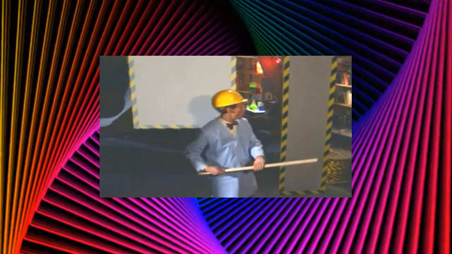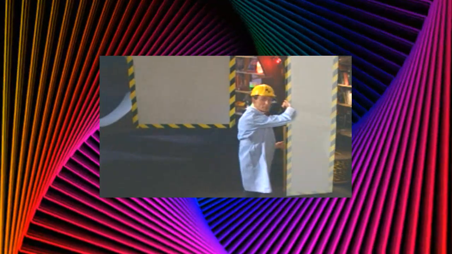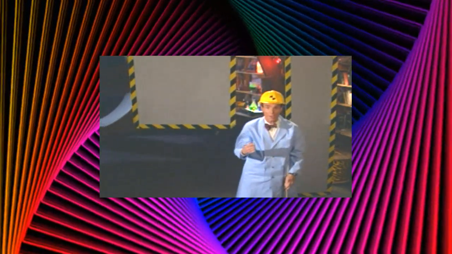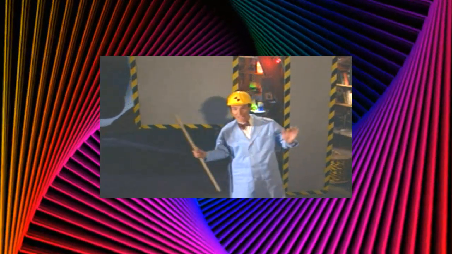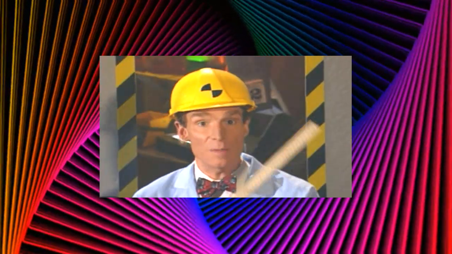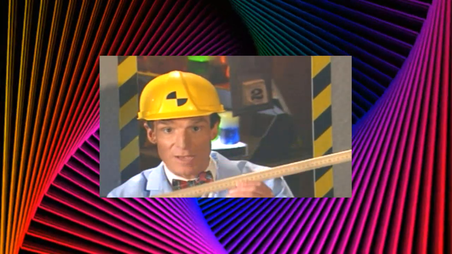Now this board isn't as wide. It's only half a meter. But look, it's 2 meters long. Well, 2 halves make 1. So even though it might not look like it at first, this board and this board have exactly the same area, 1 square meter. We measured it, and all we needed was a measurement of length.